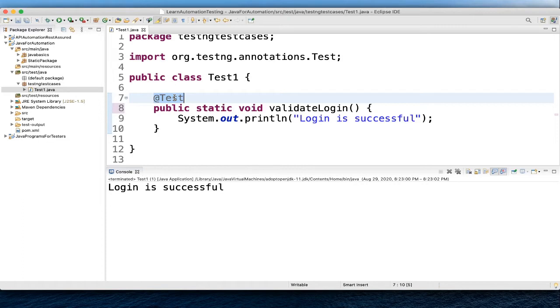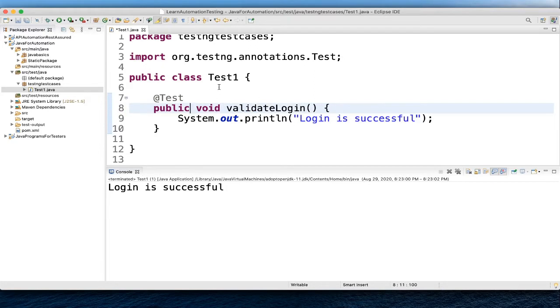In this case, we have set the validate login method to be our test case, so we placed an @test annotation above it. TestNG doesn't require you to have a main method, so we have already deleted the main method. Also, your methods need not be static, so let me remove this static from here.